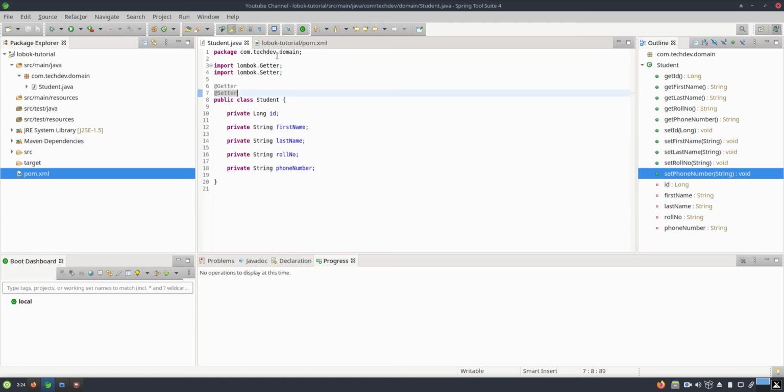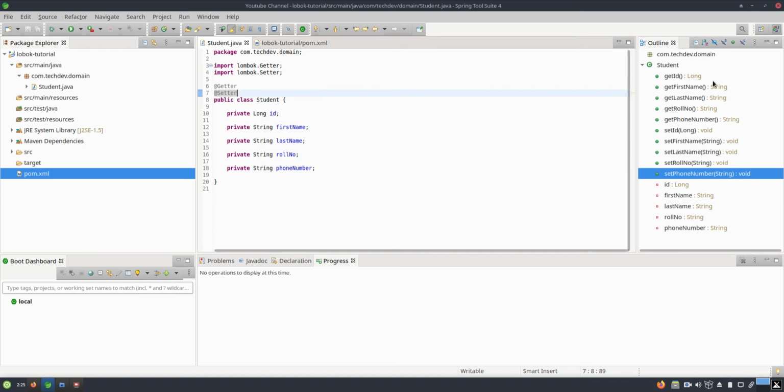But we know that we have to create getter and setter for all the fields. So instead of writing getter and setter over all the fields, we will just mention it at the top of the class, so that all the properties in this class will have the getter and setter methods. And you can see in the outline side you have the getter and setter methods.